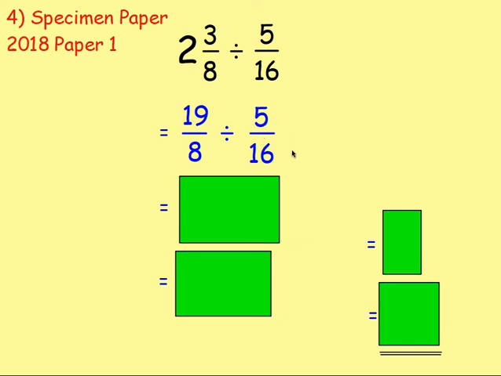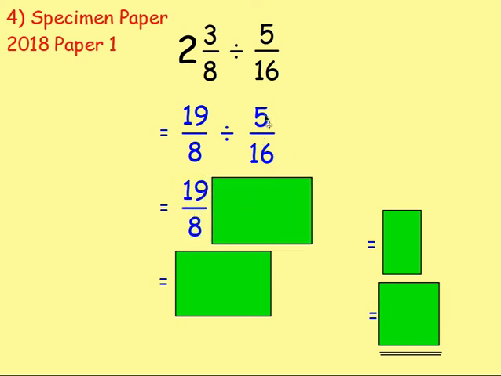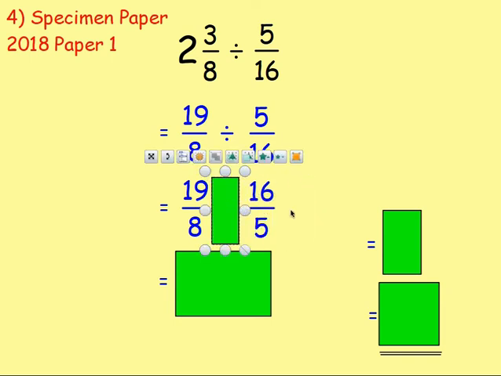Brilliant, good. What you do is you take the fraction on the right and you turn it upside down. So instead of 5 at the top, 16 on the bottom, you end up with 16 on the top and 5 on the bottom. So you just flip it upside down. And when you do that, what happens to the divide? Good, it changes to multiply. That changes to a times. So we're now wanting to multiply these two fractions and to multiply two fractions together, multiply the numerators together and